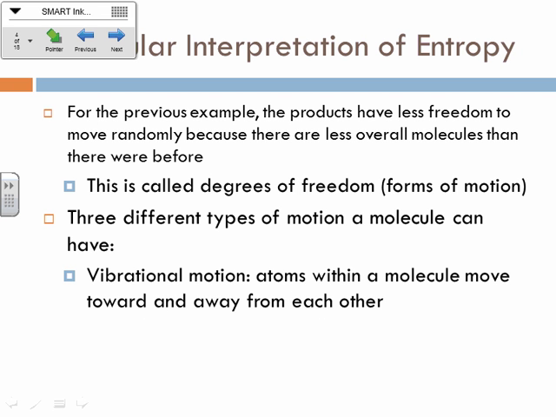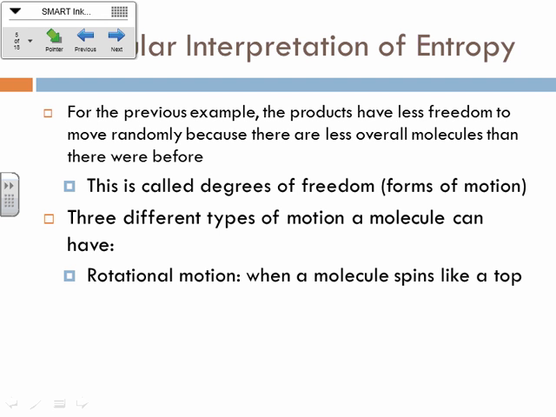There's also vibrational motion, okay? And the atoms within a molecule typically vibrate, kind of back and forth. They get a little bit closer, they get a little bit further away, okay? And I know we talked about this last year. I don't know if we've mentioned it a lot this year. But these molecules within themselves are always vibrating just a little bit, okay?